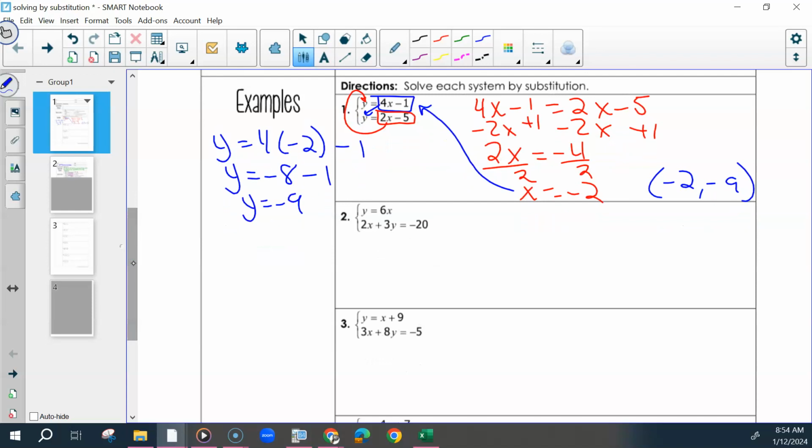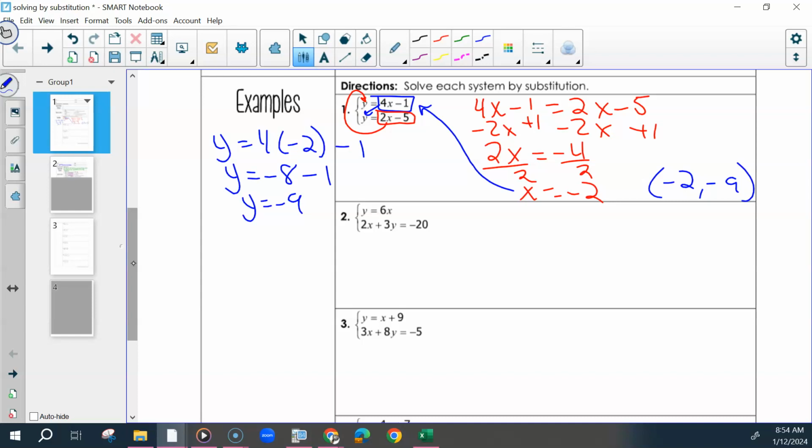For number 2, we have one equation that's solved for y, but the second one's not. You have two choices here. If you like doing the work like this, like what we just did, setting them equal to each other, you could solve this equation for y and keep doing that. Some of those you will create extra steps. So